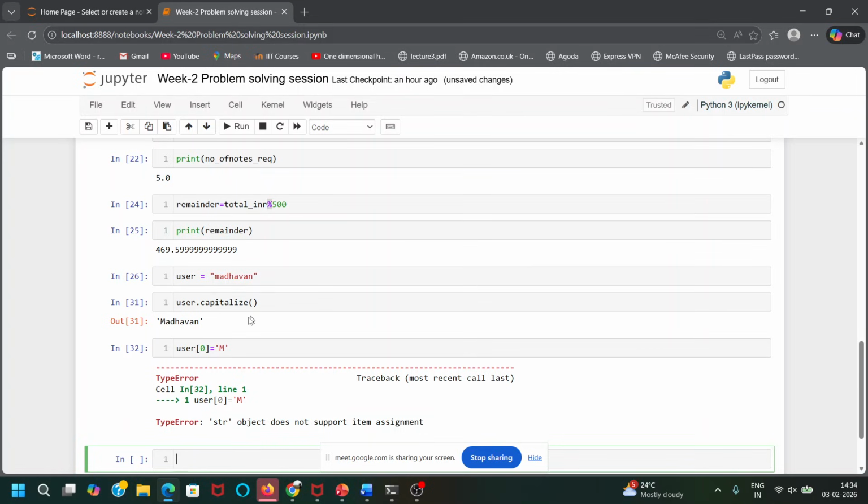Strings cannot be changed like this. In a list you can do this thing, lists are mutable, but strings are not mutable. So this extraction and assigning is not possible in strings.